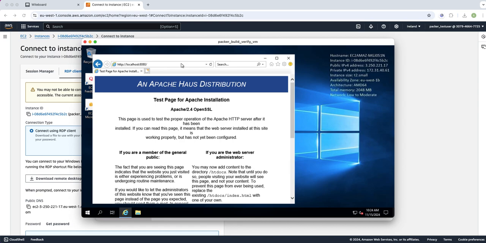So far in this example, we have tested that we provisioned the Windows AMI with the Apache provisioner installed on it, and Apache is up and running. In the next example, we will see how to use variables in the Packer file. So let's go back to the